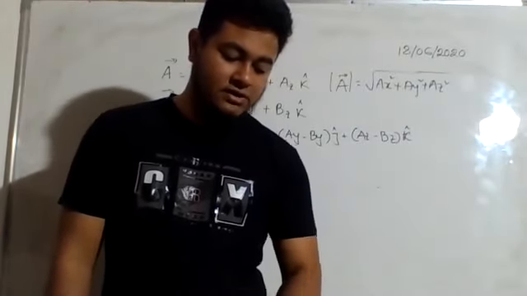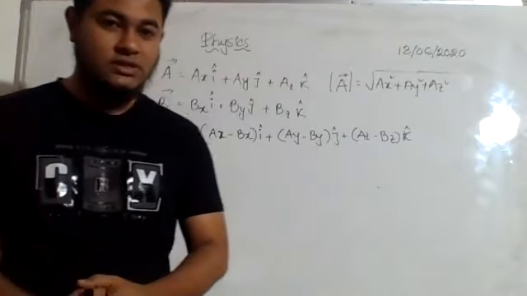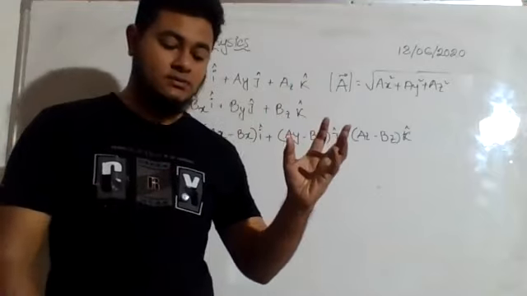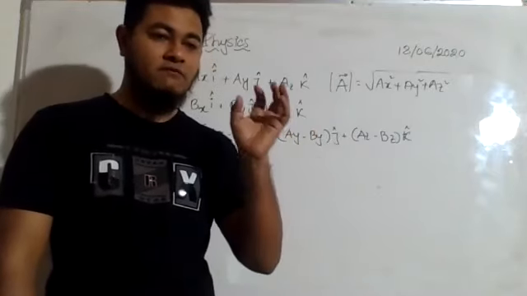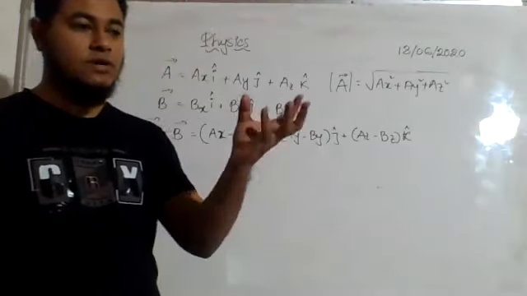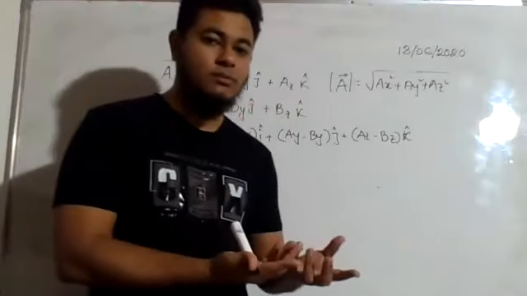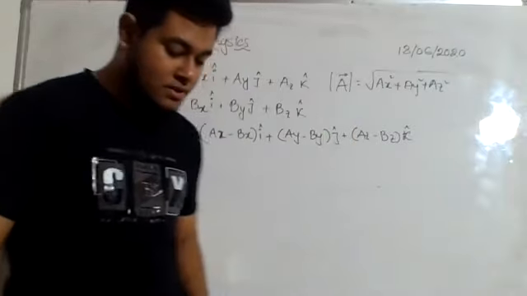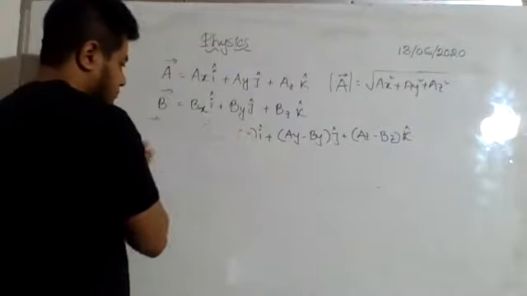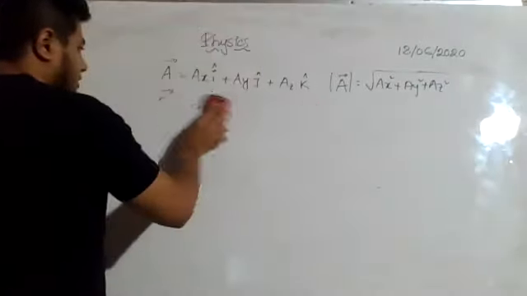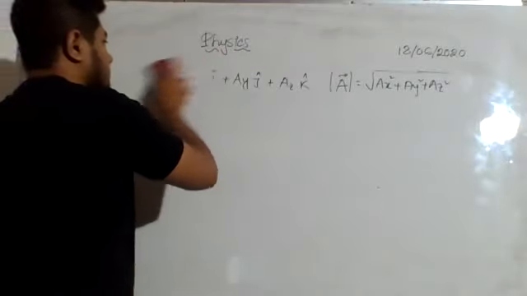Multiplication of a vector by a scalar. Two types of multiplication are there. We have a vector quantity, we multiply it by a scalar. Or we have a vector quantity, we multiply it with another vector. So vector into scalar, one type of multiplication. Vector into vector, another type of multiplication. We can give you examples.